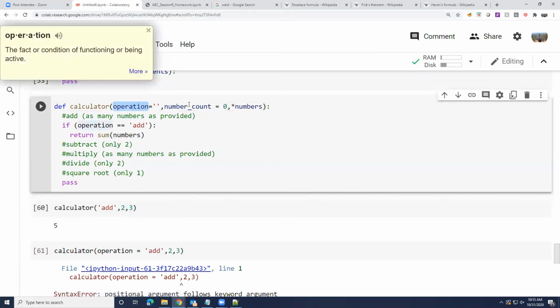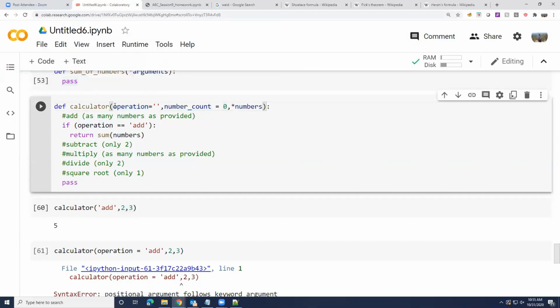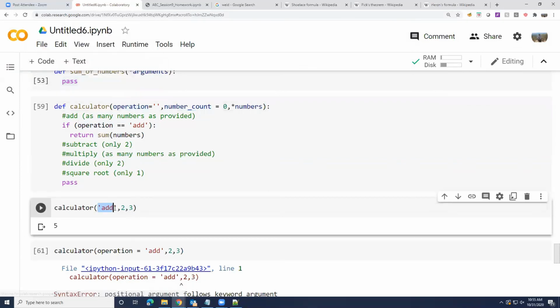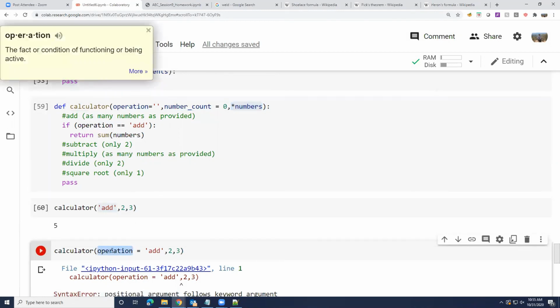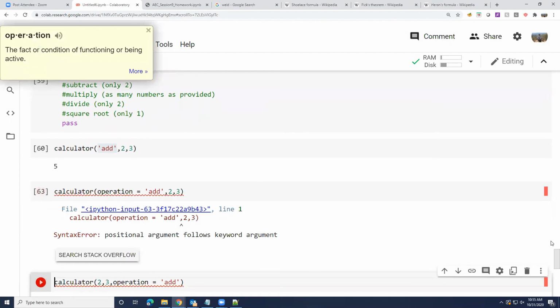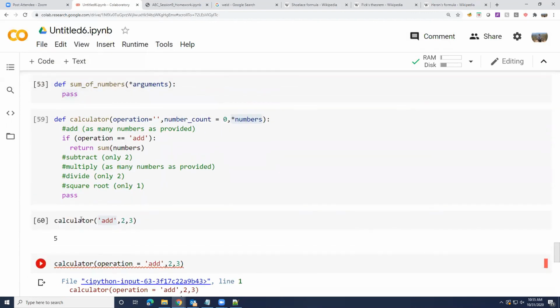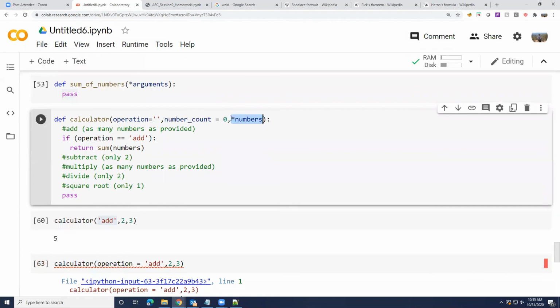It no longer knows, hey, for this operation, for this number count, it's simple idea of I'll take the first one, put it into the first variable, I'll take the second one, put it into the second variable, everything else put it into this list, is no longer working out when we specifically address it and say, take this operation and put it there. Right, let's see if this works. So still the same problem, right? So when you have variable number of arguments combined with named arguments, this looks like it's not working.